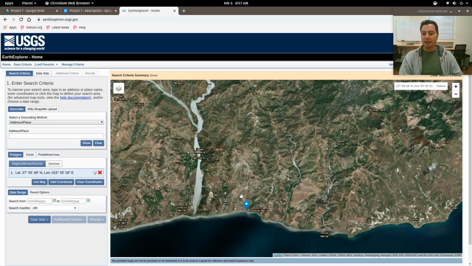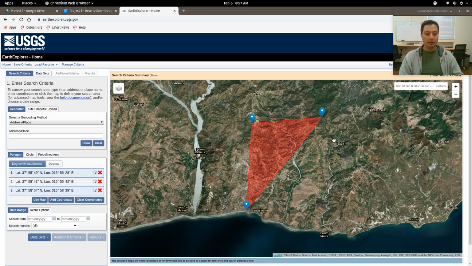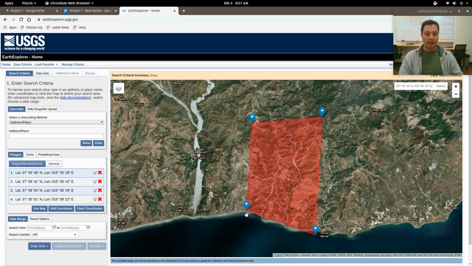So this by default has now been added as a coordinate, so that's totally cool. We can then go in and click a couple other coordinates, and really all we care about is just getting the main center part of the valley. This is the town of